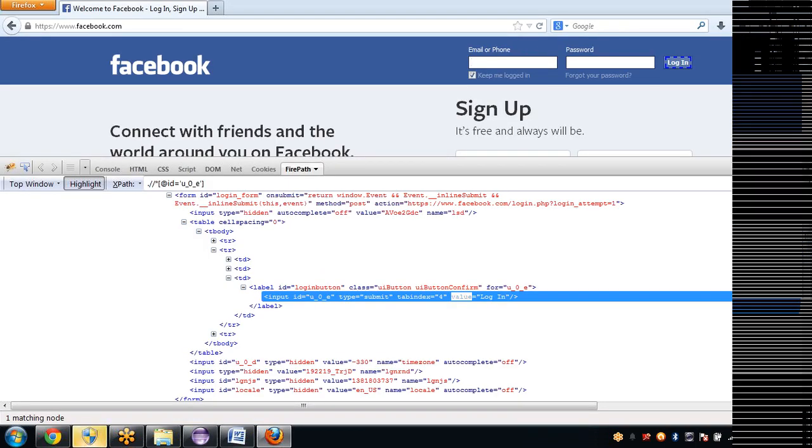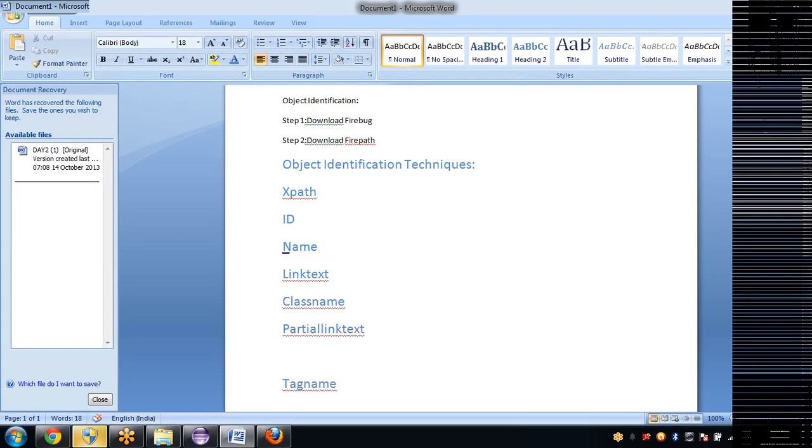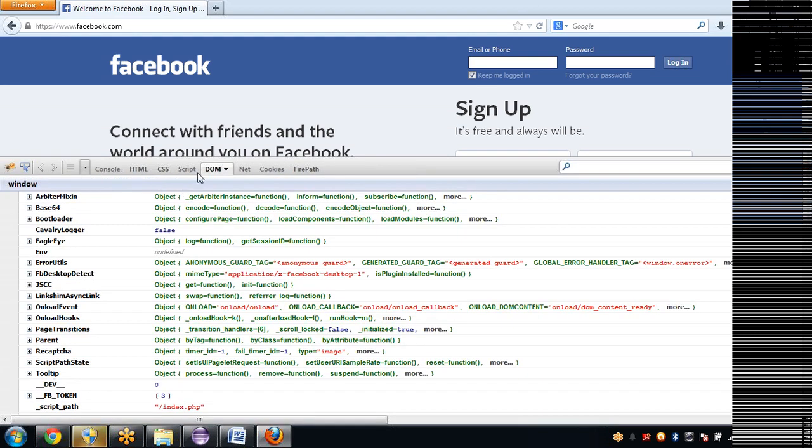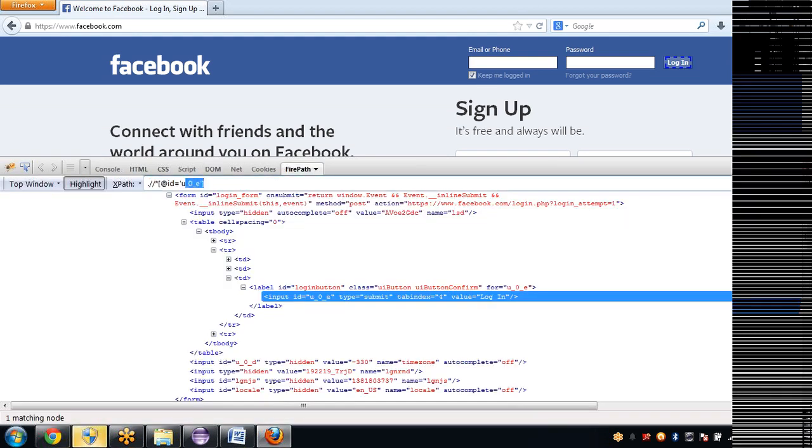this email, or this login button, assuming that ID doesn't work? Assume that ID doesn't work, then how would you handle this? The rest of the things we have do not belong to our identification techniques. So in this situation, you need to come up with your own XPath. Now you may think that I will go with this XPath, but even this XPath is constructed with the help of this ID only. As ID is varying, the value here also varies and XPath will fail.